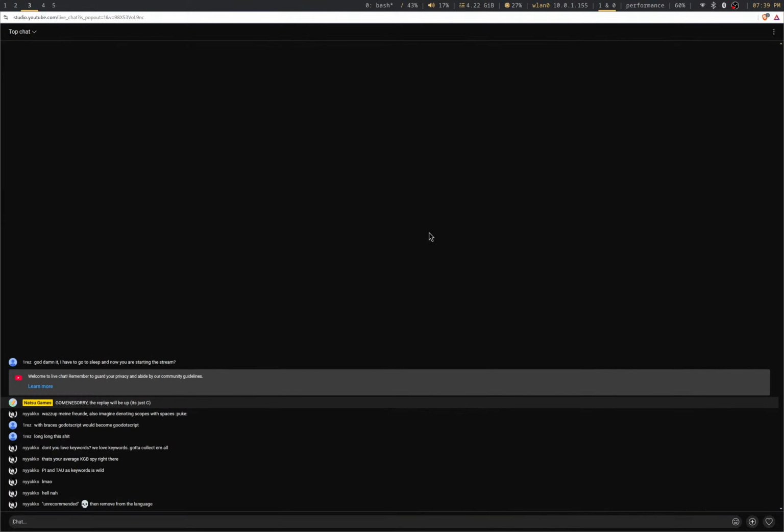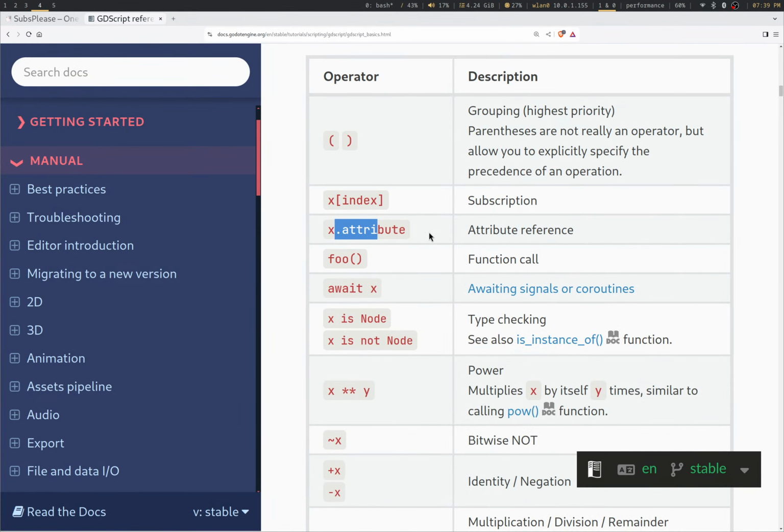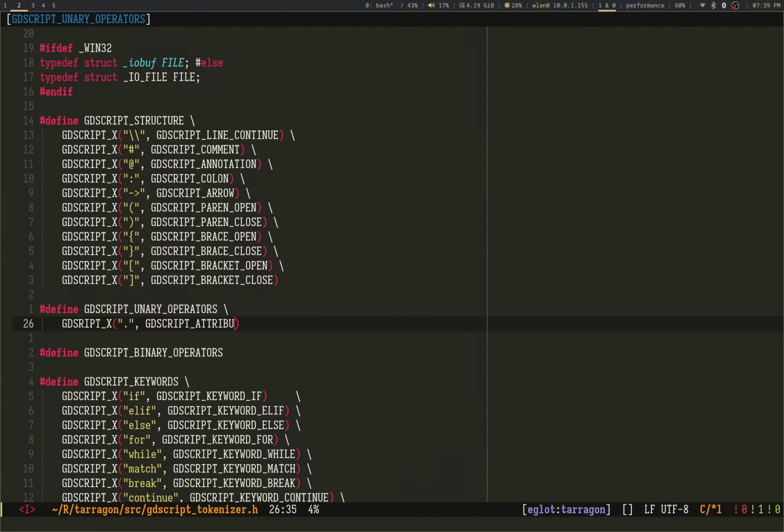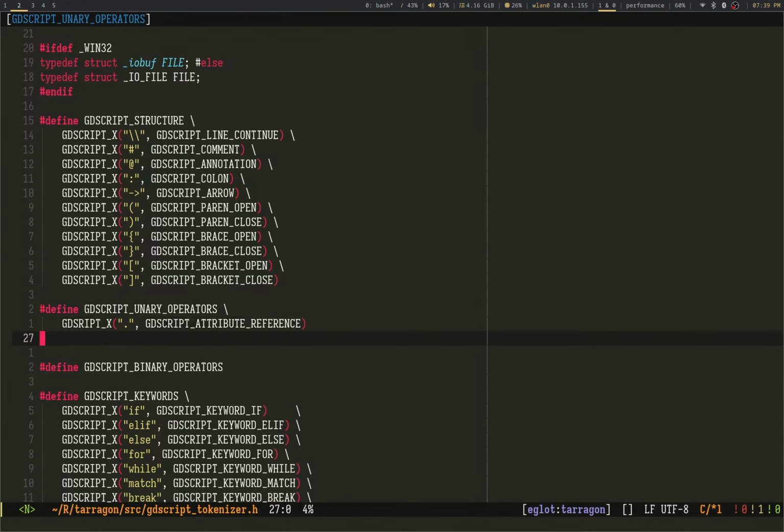Let's say this is the attribute reference. And so we're going to know this is, of course, an attribute if we see symbol dot symbol or something like that. And of course, by symbols, I just mean variables.